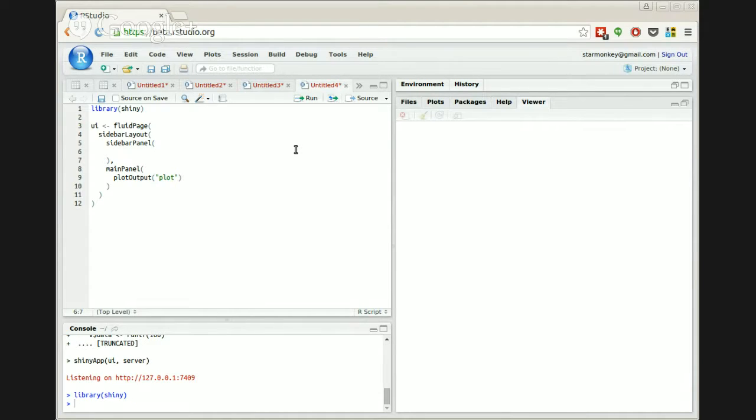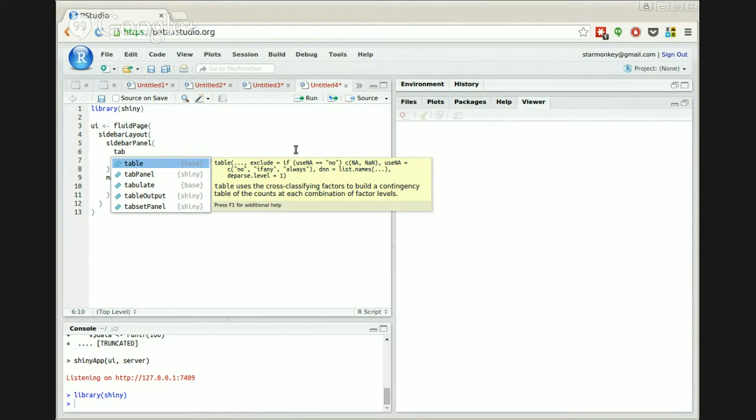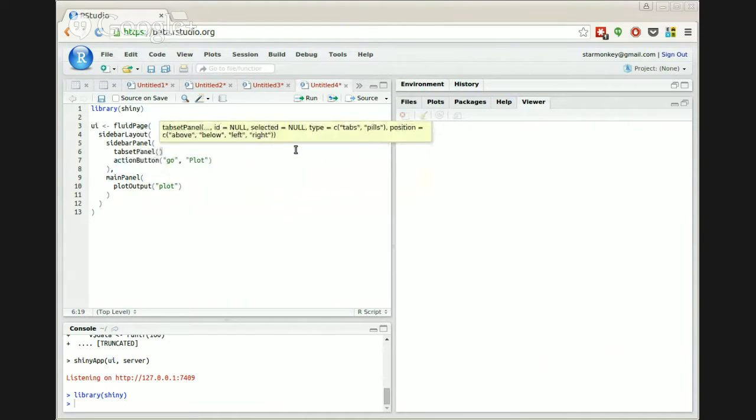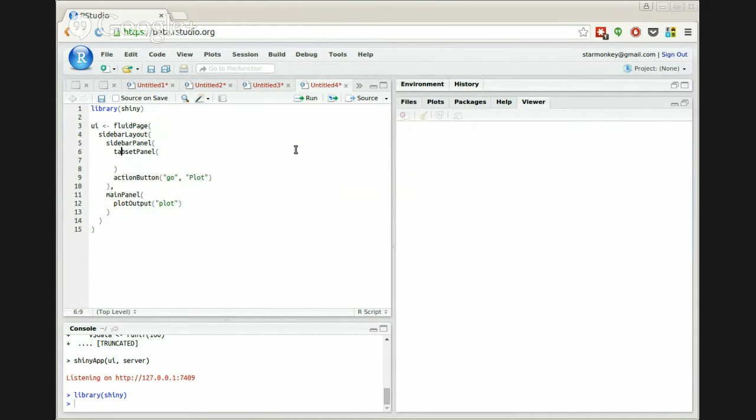And I want one button to rule them all here. Okay. And then let's do tab set panel inside of the sidebar. This is a little contrived, but just go with it. ID equals tab set, tab panel. So this one will be called